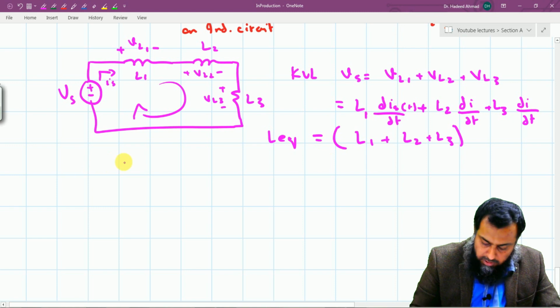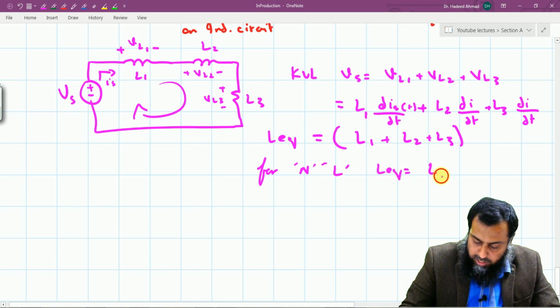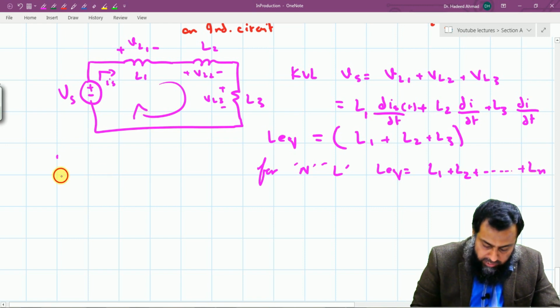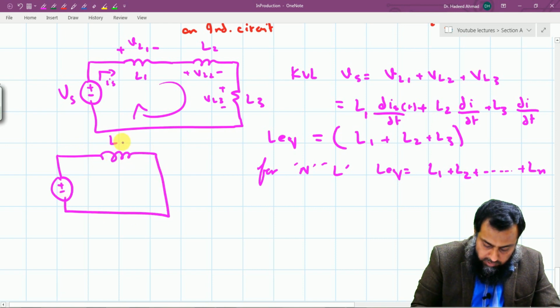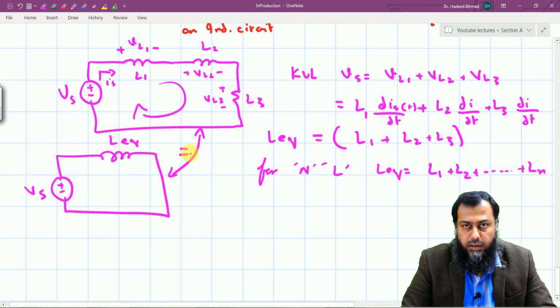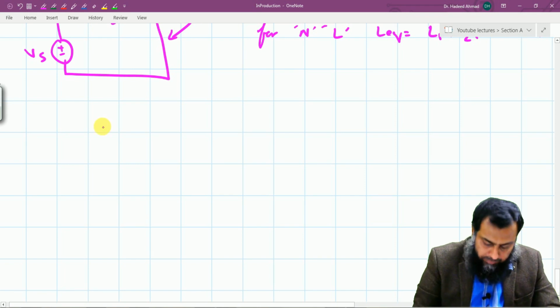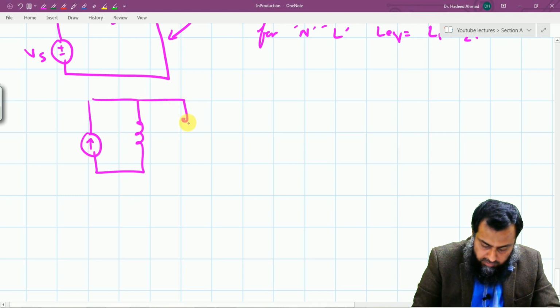So for n number of inductances, we have L equivalent equal to L1 plus L2 plus so on, up to Ln, and this is equal to the L equivalent here. These two circuits are essentially equivalent, because they are based on the principles of linear circuit analysis. Now if we have inductances connected in parallel, for example, let us say we have the inductances available here,